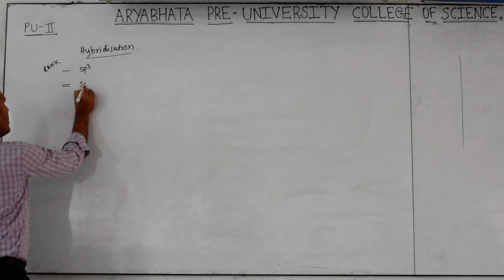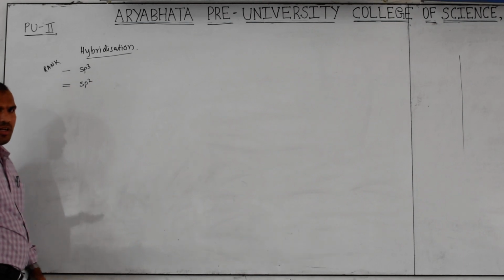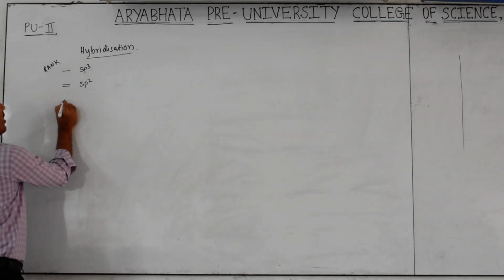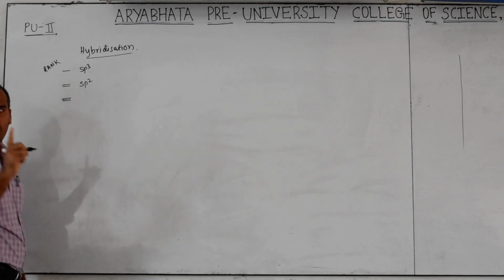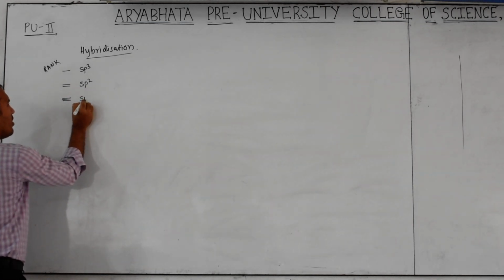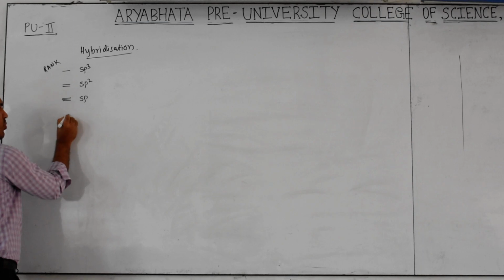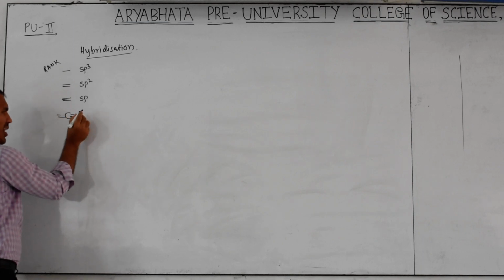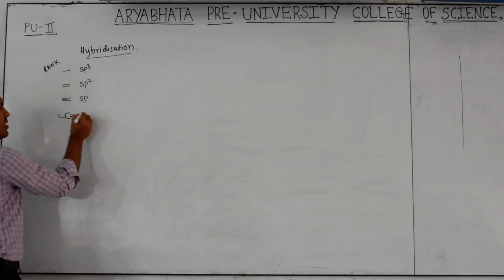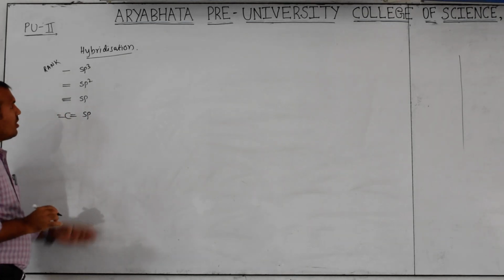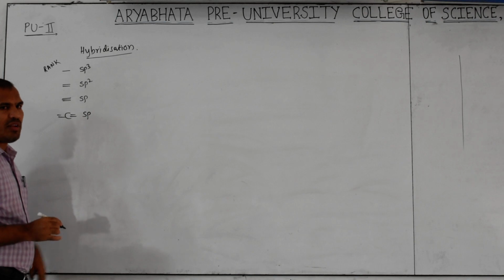Around any atom, if there is at least one double bond, that is sp2. Already taught maybe in the earlier ketone chapter. Next, if there is at least one triple bond around that atom, that is called sp. Then if both sides of that carbon, generally in organic chemistry you are taking carbon, it is again sp. If you feel this is difficult, I will give one more shortcut.